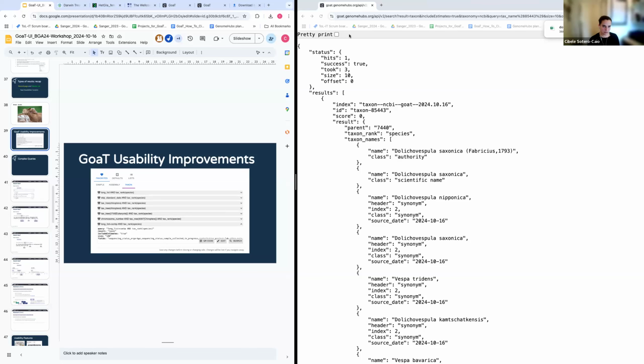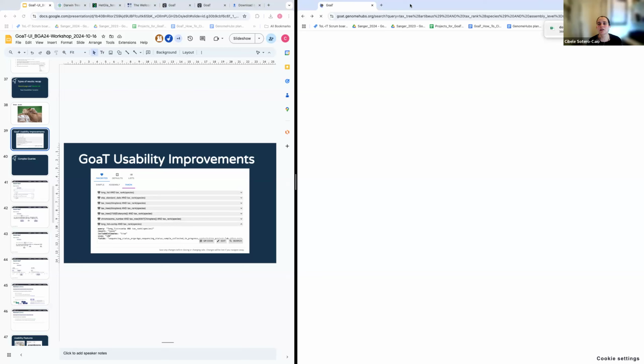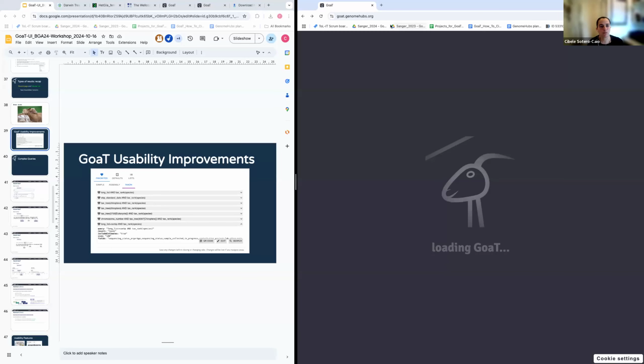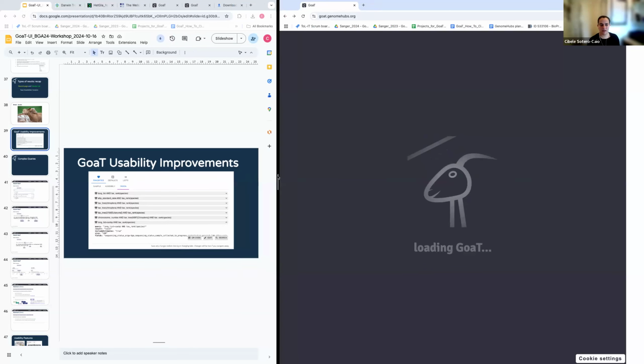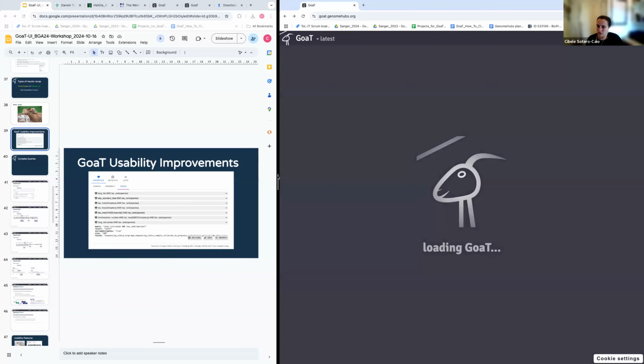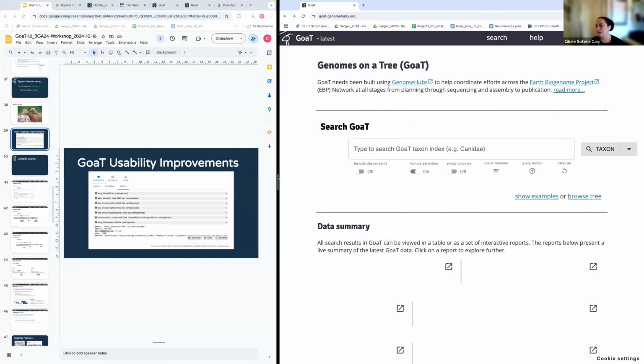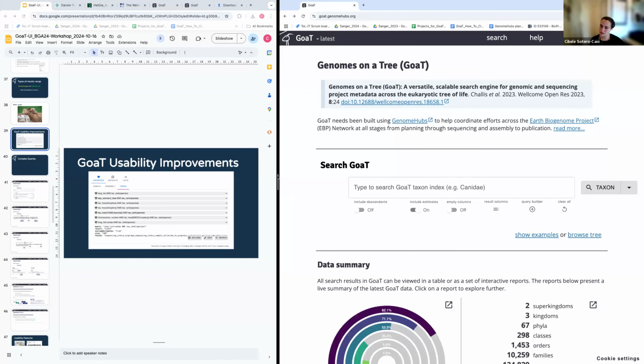So if you go to GOAT, sometimes when you use only the UI, it's really painful that you have to select the columns that you want to display every single time.